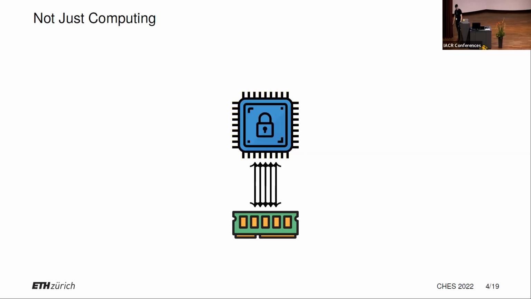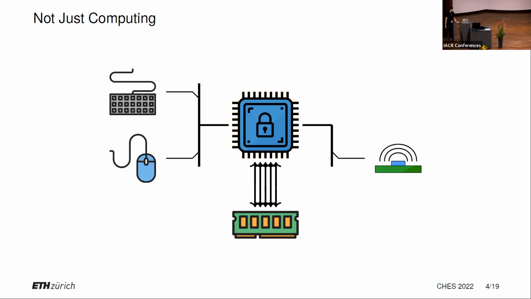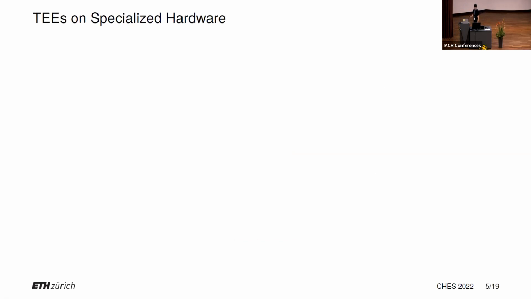Now, as I said before, it's not just computing. We also have input devices, right? We have sensors, we have cameras, we have GPS devices. You could think, I might want secure location, I might want a secure video feed. I have light sensors where I want to see if the light is on or off. Actually, trusted computing doesn't support any of this, mostly. There are academic proposals for individual things, but mostly it doesn't support any of these things.